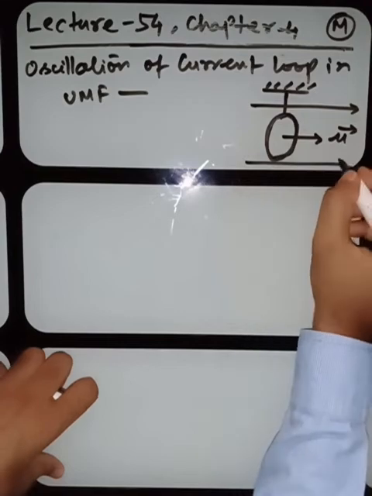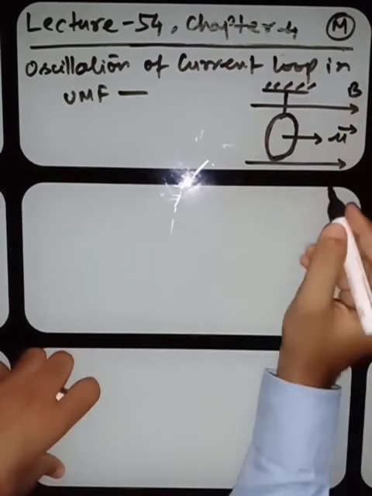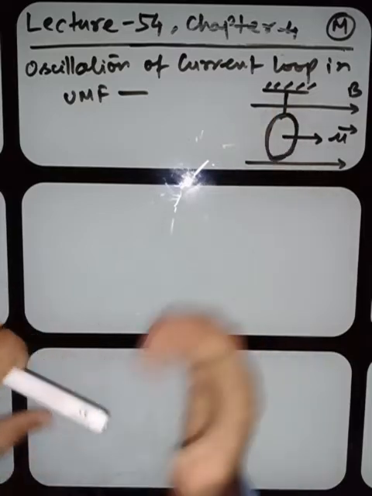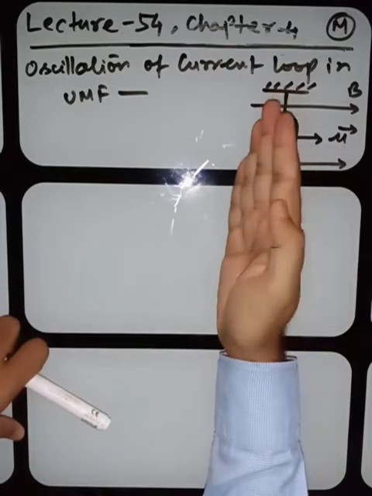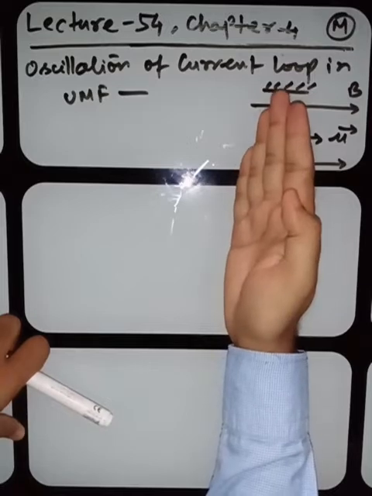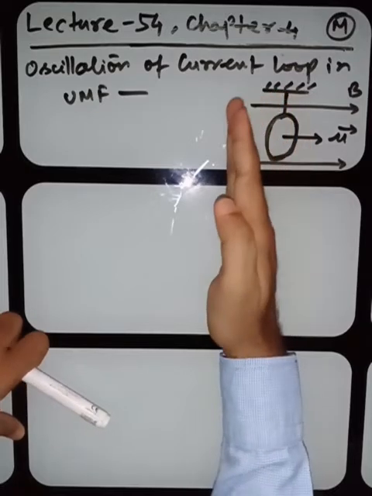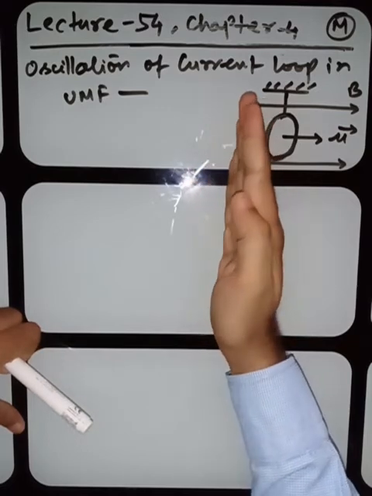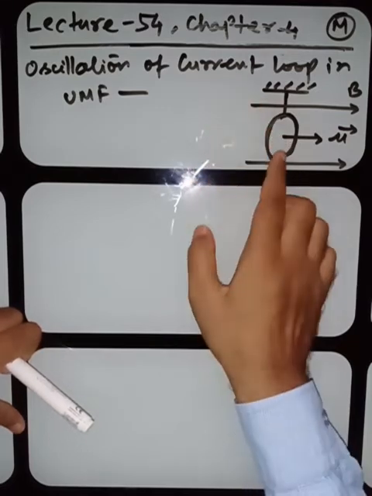If this is the magnetic field and you disturb this coil and leave it, it will experience a counter torque and try to return to its actual position. If you disturb it from here, it will try to be at its actual position, and due to its inertia,